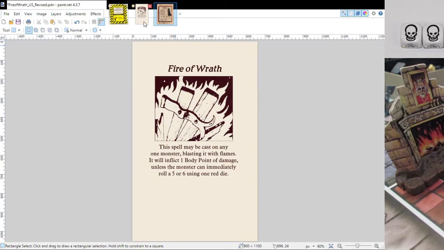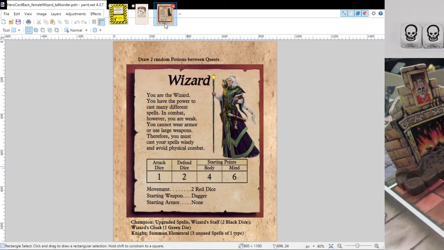Because you can always just use your imagination, or you can scribble it on a piece of paper. Oh yeah, you've got a potion that gives you 2 combat dice and restores 3 body points. Oh, that's cool. But if you have an actual card, it's that much nicer. Just like how you can use any miniature to represent any other miniature in a game. You don't have to have a Wounded Knight as Sir Ragnar. You just use the Chaos Warlock figure that represents anything from the Witch Lord to a princess to whatever.